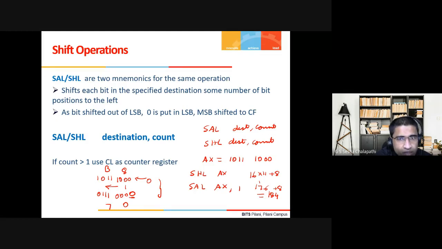Am I making a mistake? 1011 is B, yes, B is 11, 176 plus 8. Okay, so how much is this?